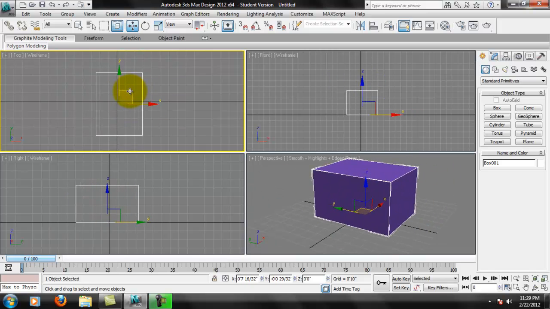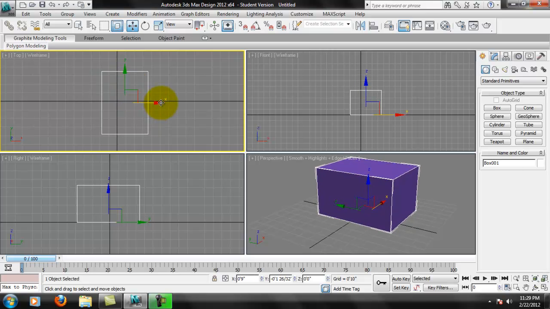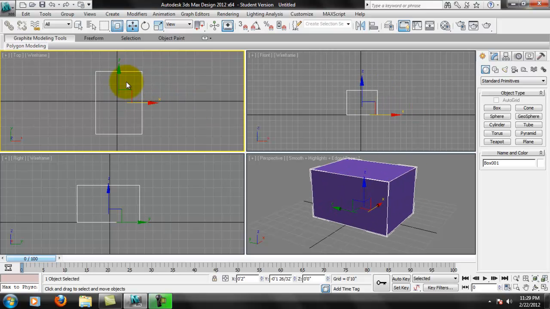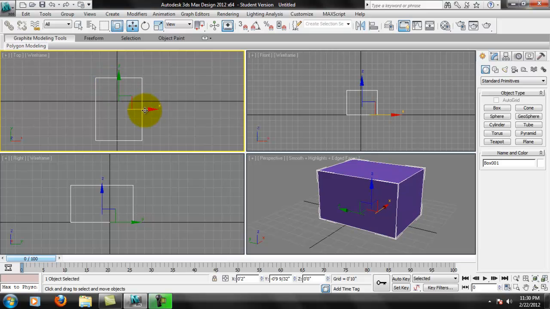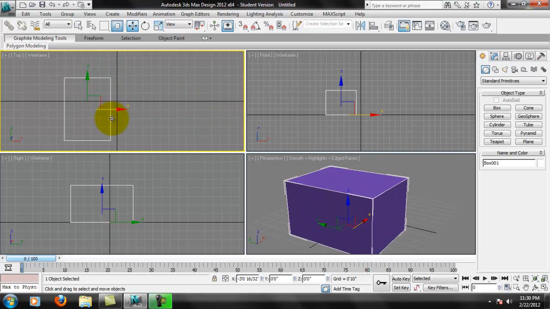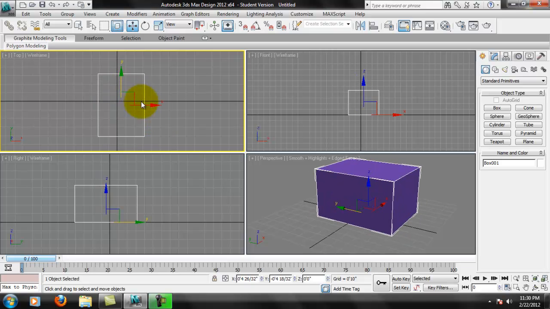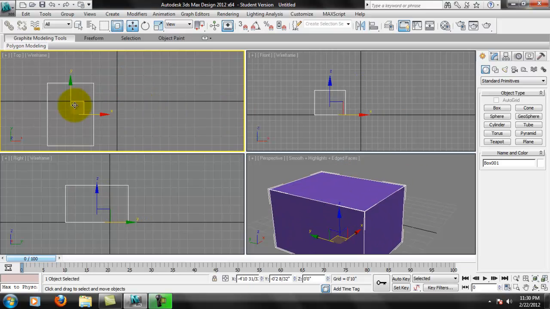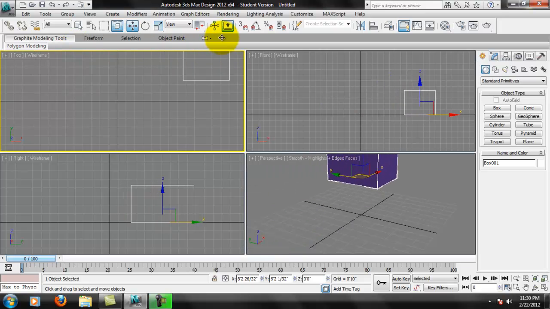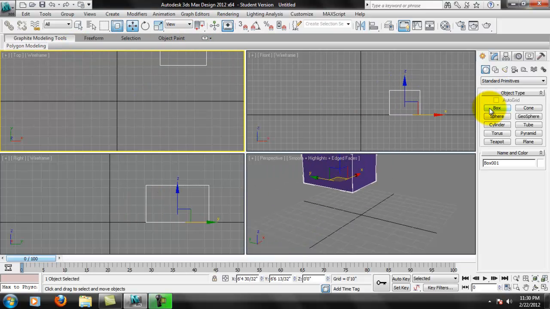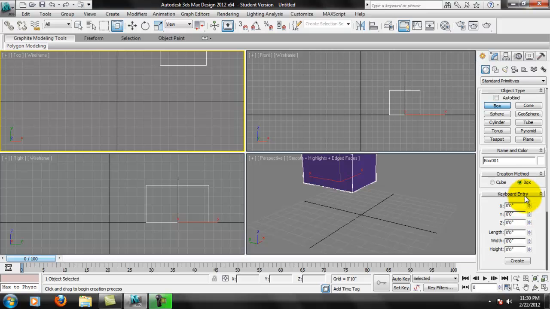So Max's version of ortho is actually within this transform. So you need to make sure that it turns yellow, and that tells you that that axis is activated. And that will allow you to move that. So I'm just going to move this over out of the way for now. Move it back here. And I'm going to create another box, but this time I'm going to create this at